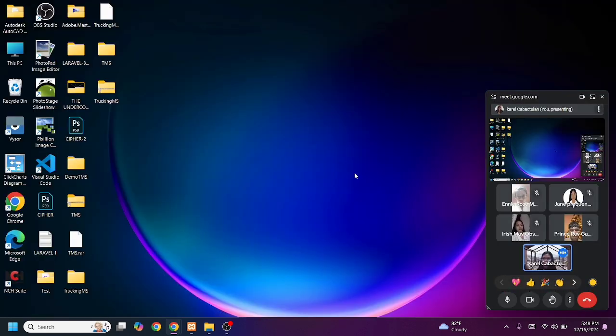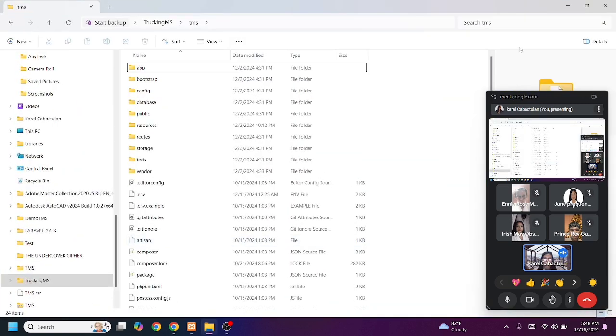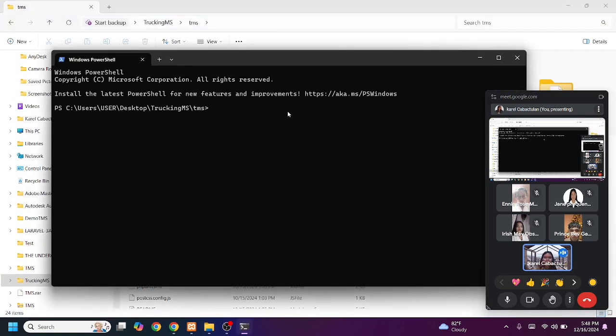So first, we have the user login functionality. To do that, we are required to run the system in our browser. Let me open the terminal and run the command, which is php artisan serve.